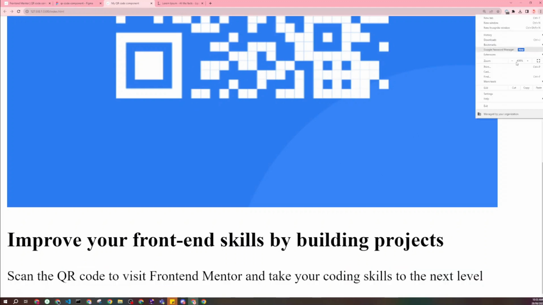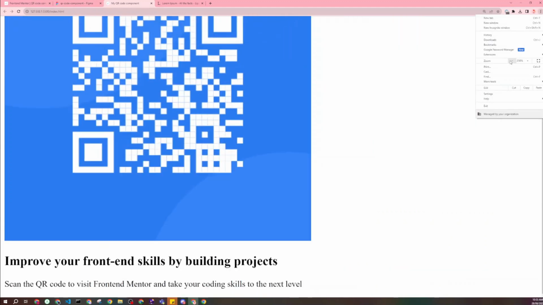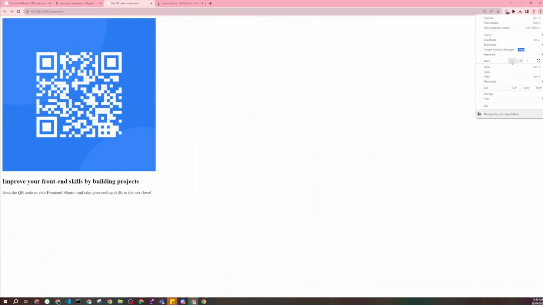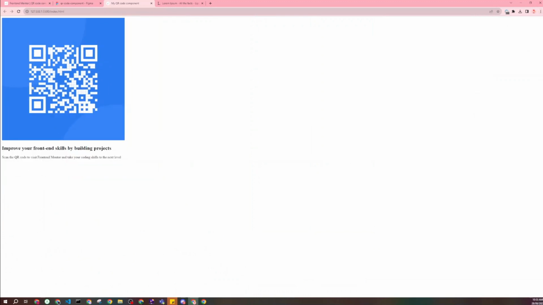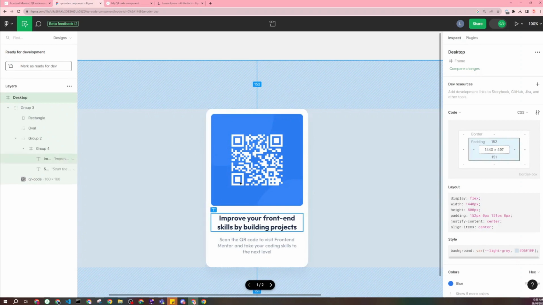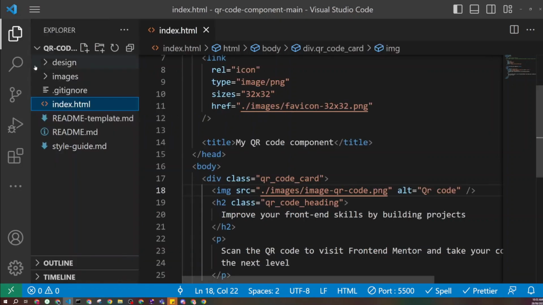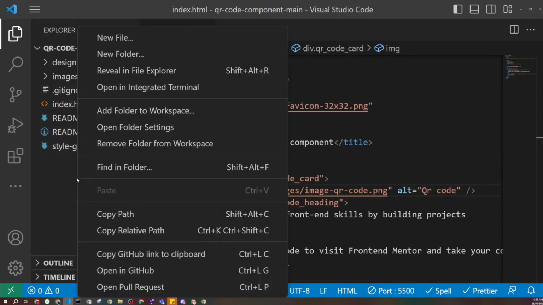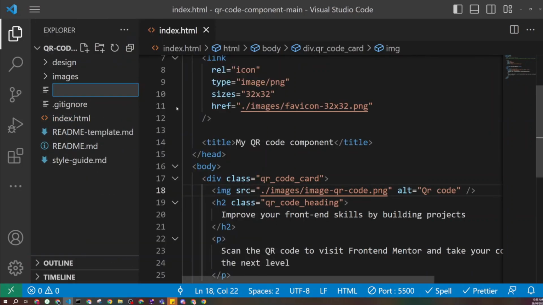My browser is currently zoomed in to 400. I'll make it normal so you can see how it looks in real time. So that's how it is, right? And this is not what we want. That's just HTML. So we need to create our CSS file and start designing as per the design we do have. So let's create our style file first. Let's go to my folder. I'll say create a new file, and let's call it